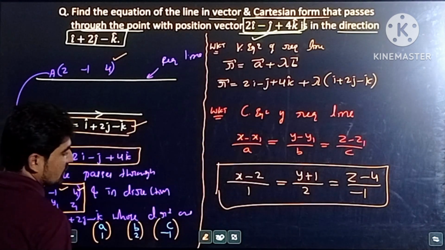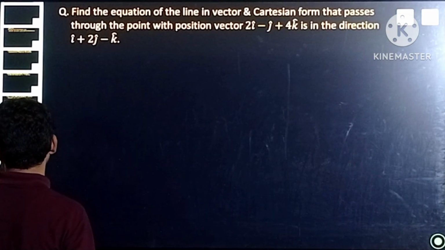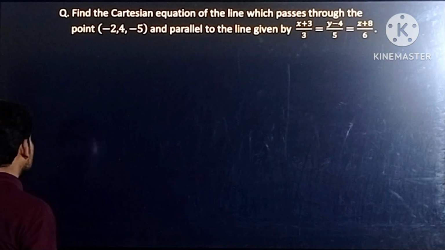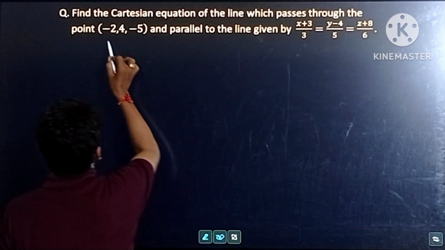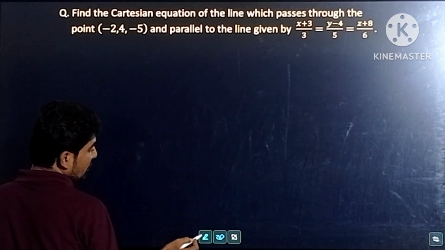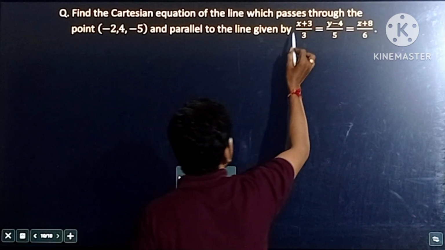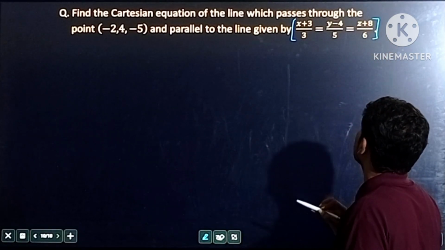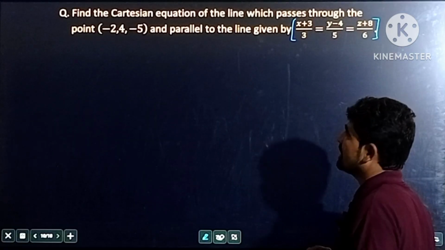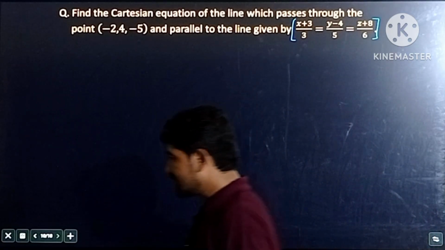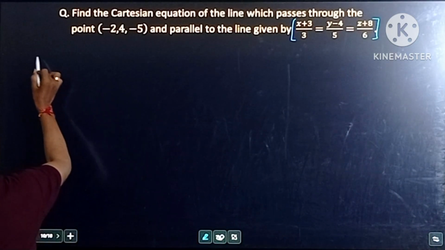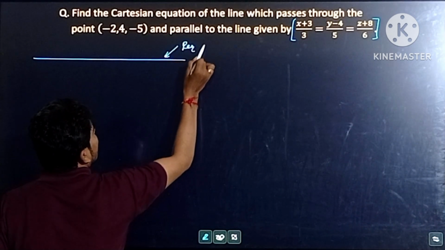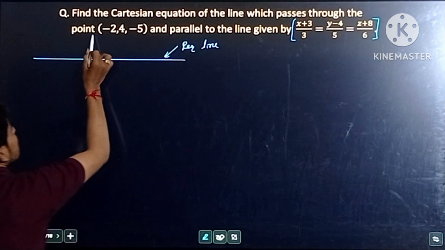So let's start the next question. Find the Cartesian equation of the line which passes through the point -2, 4, -5 and is parallel to the line given by (x plus 3) divided by 3 equal to (y minus 4) divided by 5 and (z plus 8) divided by 6. In this question, let's suppose this is the required line, and this required line is passing through the point